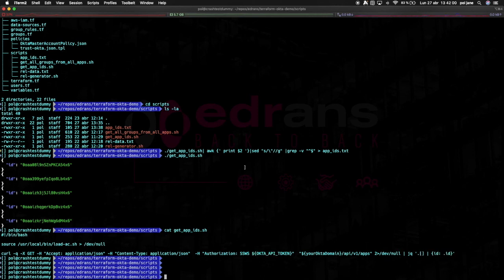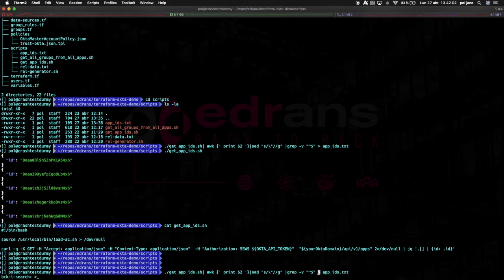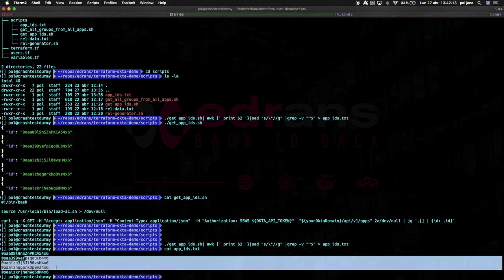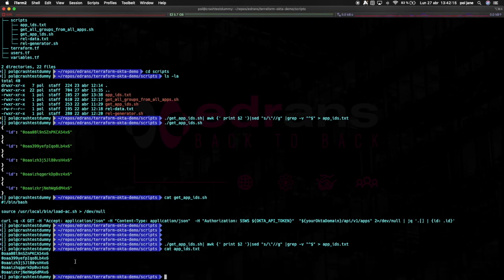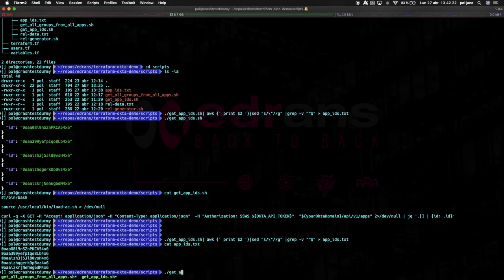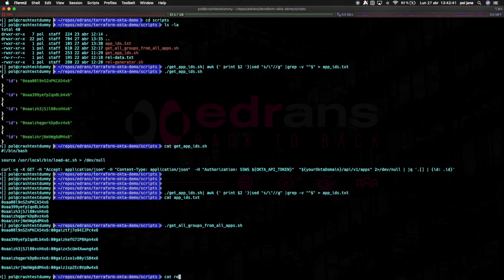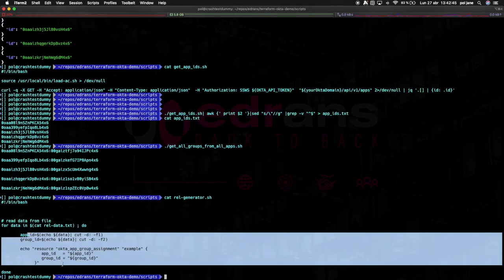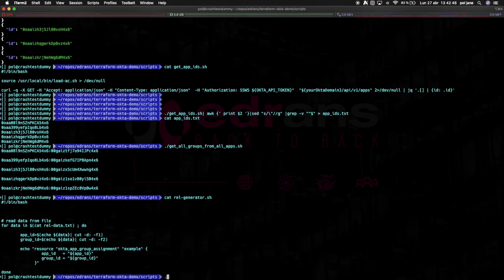With this simple approach, we can generate the most tedious part of organizing people in groups and assigning applications to them. As you can see, now we're going to ask the API how many groups each application is related to, acquiring a relational mapping about how our Terraform code needs to be written. This way, we can use just a simple script to generate our Terraform code.